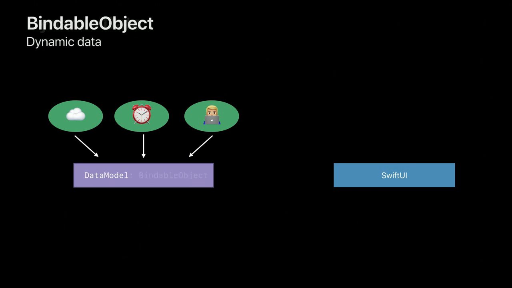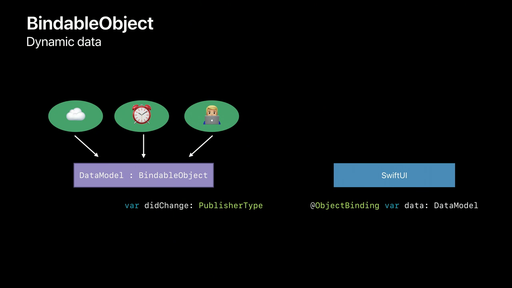Our solution for this is the BindableObject data protocol. And it's a really simple protocol. All you have to do is vend one didChange publisher. Once you implement this didChange property and you are conforming to the BindableObject protocol, in your SwiftUI view, where previously we were just referencing our data model, we can now use the @ObjectBinding wrapper. This allows SwiftUI to see that we're referencing a bindable object,